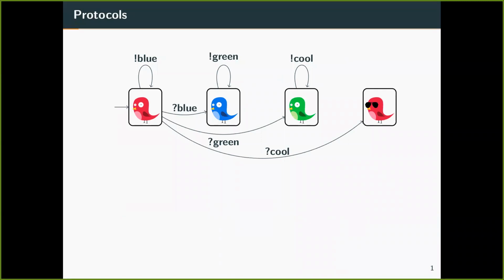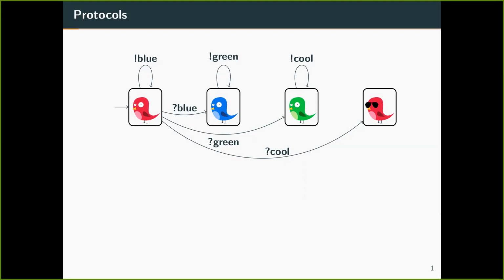A broadcast network is a model of distributed computation in which we have some number of agents. These agents have no identities and they all execute the same finite state protocol. A finite state protocol, as the name suggests, consists of a finite set of states along with an initial